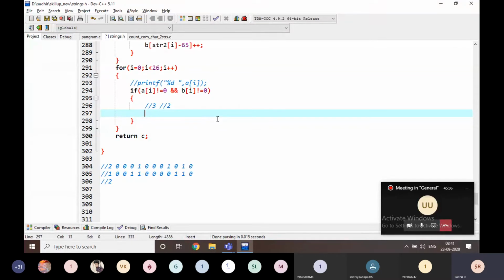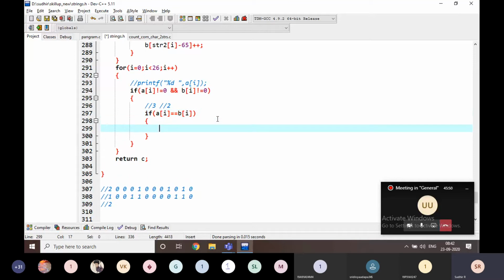For example, finding the minimum number is very easy, right? If A of I is equal to B of I, if both are equal, then C is equal to A of I or B of I. Anything is no problem here.